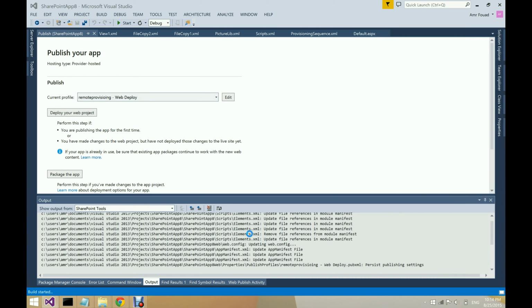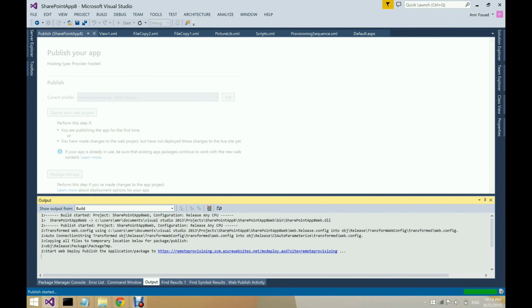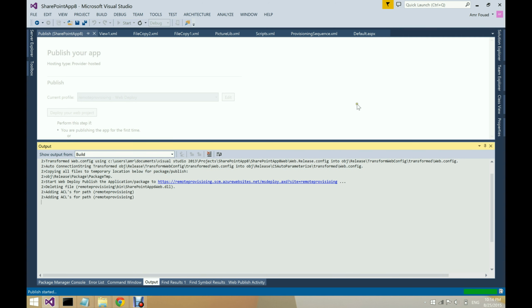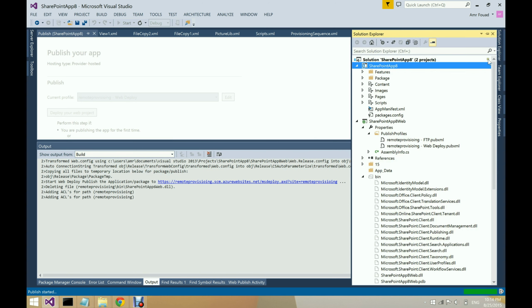and I'll publish. So now the files have been copied to the web application in Azure, which is called remoteprovisioning.azurewebsite.net. It will take a while to copy the files. Okay, so